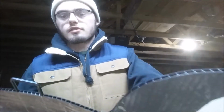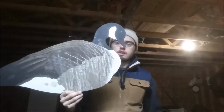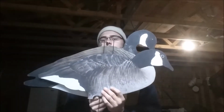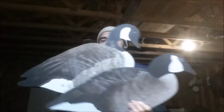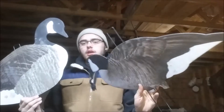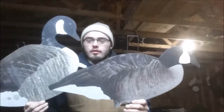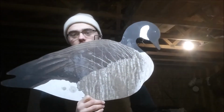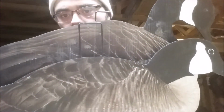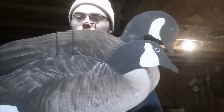So now we'll hold them next to each other. There is a huge difference, I guess you would say. Let's see if I can get it in frame. So here's your Divebomb. Here's your Big Al. There's just a little bit of a difference when it comes to decoy size. I would say the Divebomb is probably a little closer to your lesser size decoy, but compared to a full body, they are very equivalent. And then you have the Big Al's, which are a lot bigger. You can also see the color difference. Not a whole lot. I would say the Divebomb are a little grayer when it comes to color,